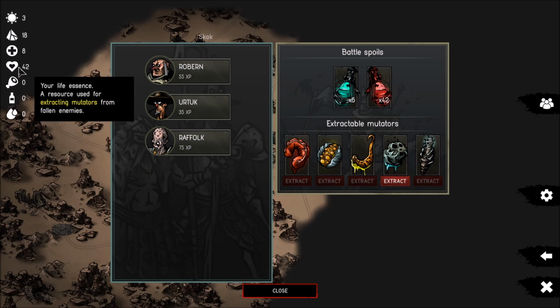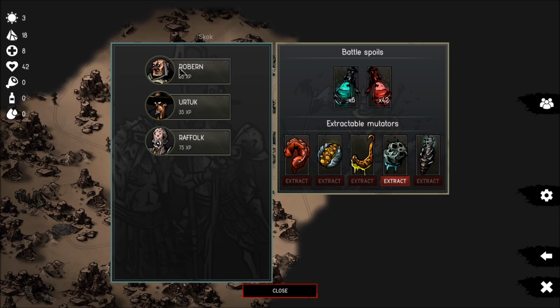Alright, so we have what's called Life Essence, a resource used for extracting mutators from fallen enemies. I have no idea how this works, how we get more. I don't know any of that stuff yet. But we have Robern, Urtuk, and Rafolk. We seem to heal up after every battle, which is great. We got some Trillium, and we got some life...